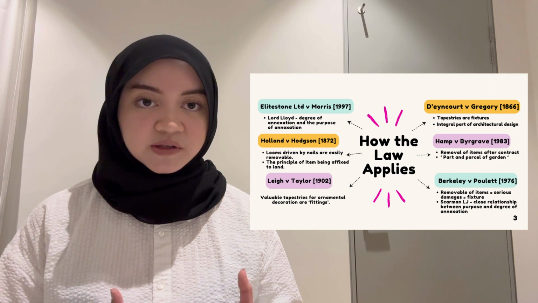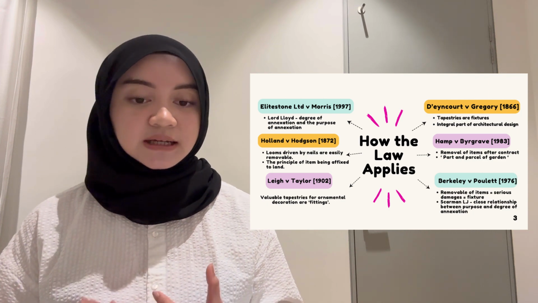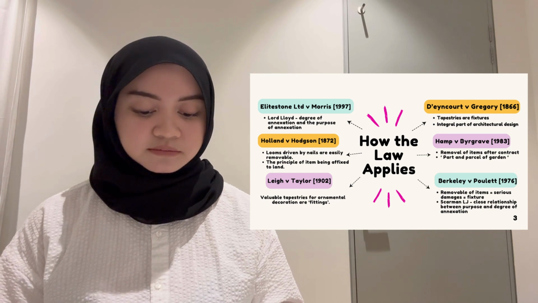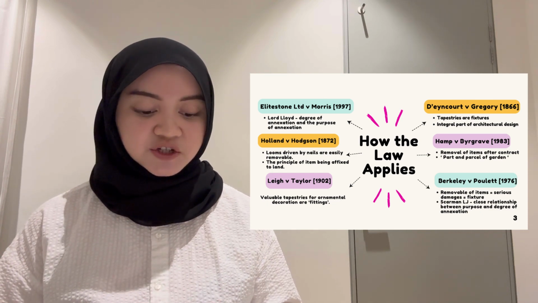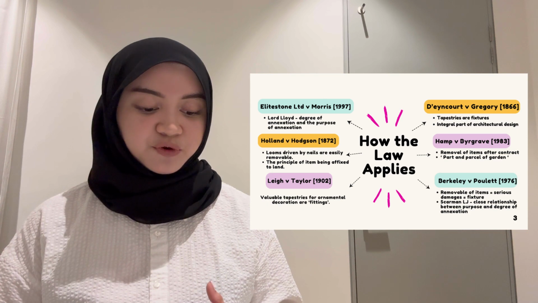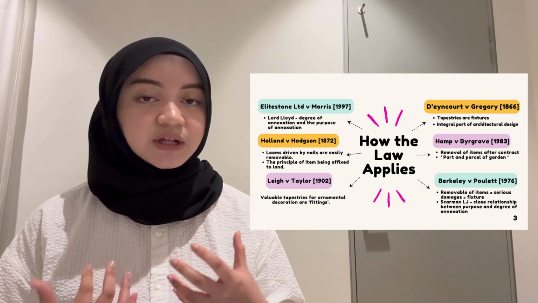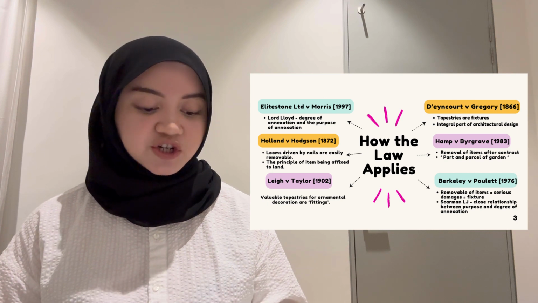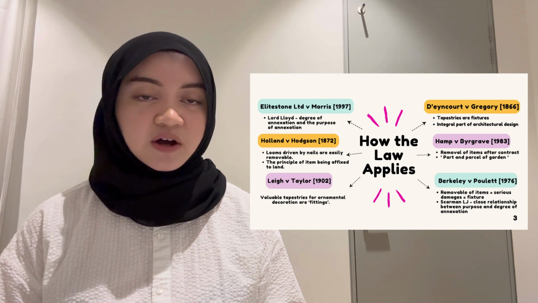The onus of showing that they were intended lies on those who assert that they have ceased to be chattels. In essence, the degree of annexation holds the shifting burden of proof, as items attached to the land are presumed to be fixtures unless a contrary intention is shown, as shown in the case of Hamp and Bygrave in